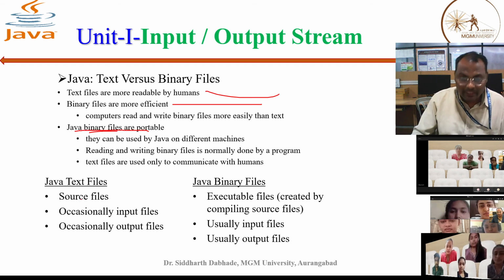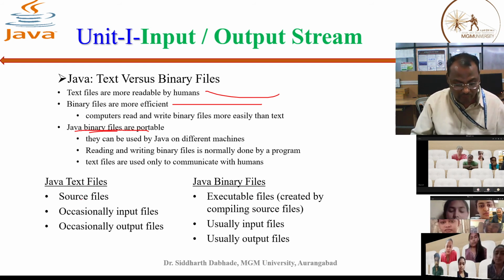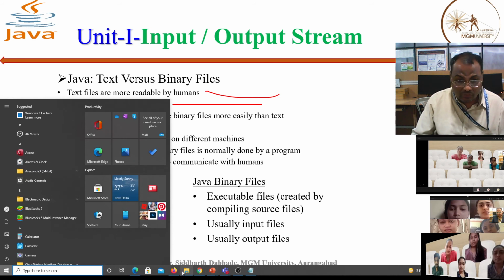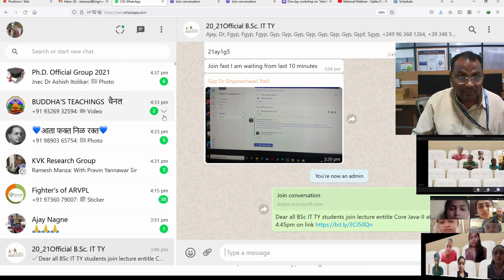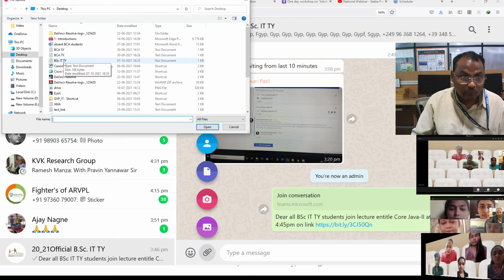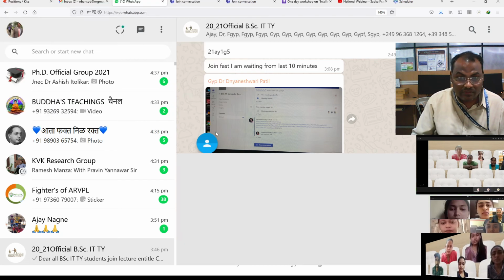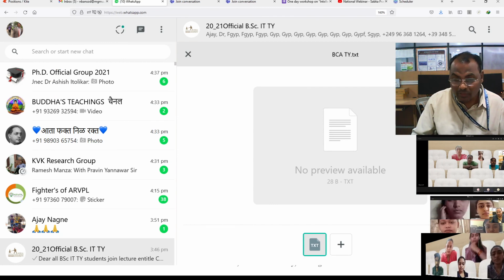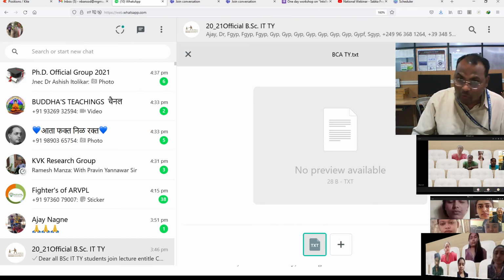But a text file can change. We just saw one example on the WhatsApp group. I shared one file with you. From my end this is the input file. Once I send this file, it becomes an output file for you.